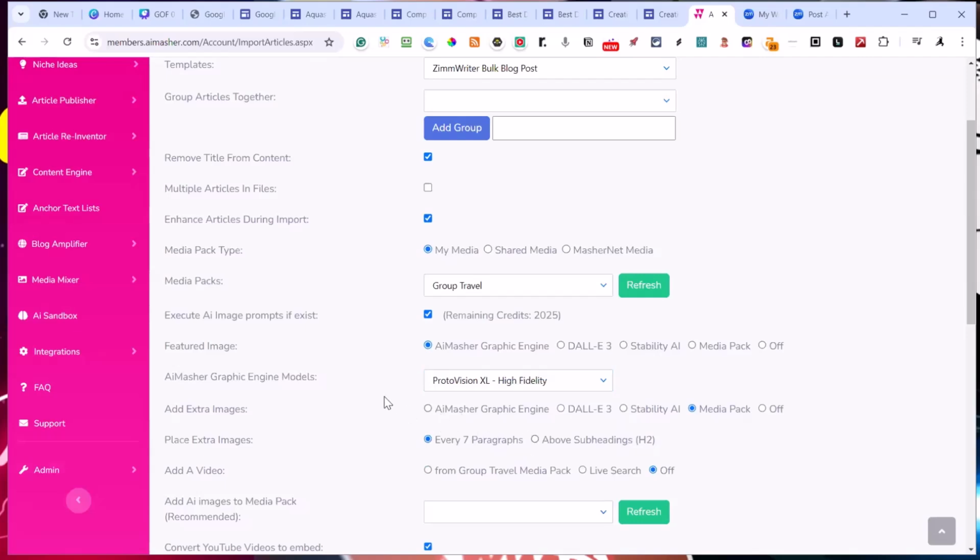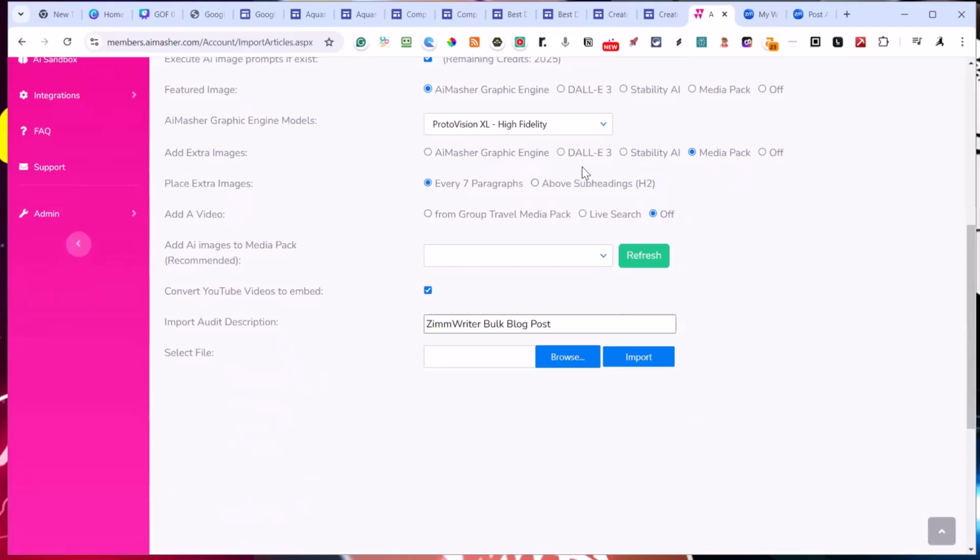Now, this is for the featured image, okay? But I'm going to use Media Pack for images in the content itself, okay? So I'm going to pull from a Media Pack I've already set up called Group Travel. I'm going to create a brand new featured image. And my media pack,